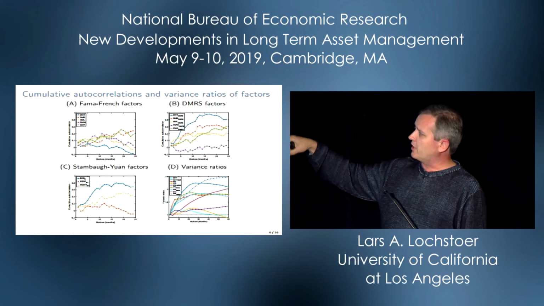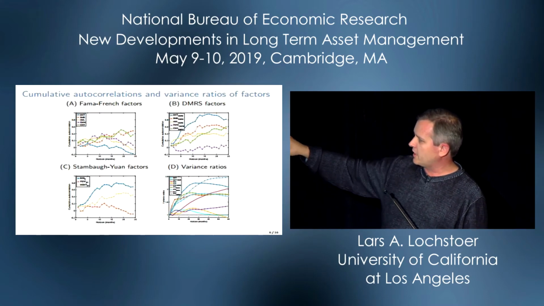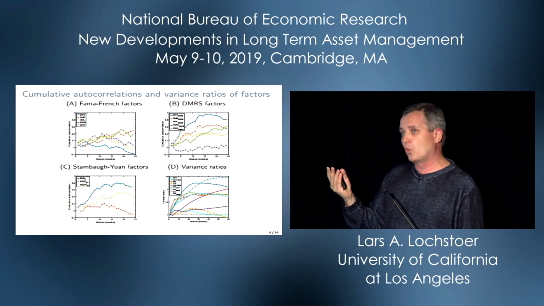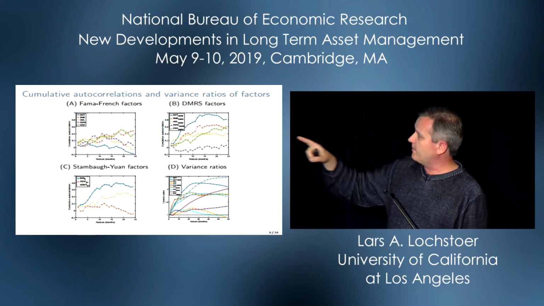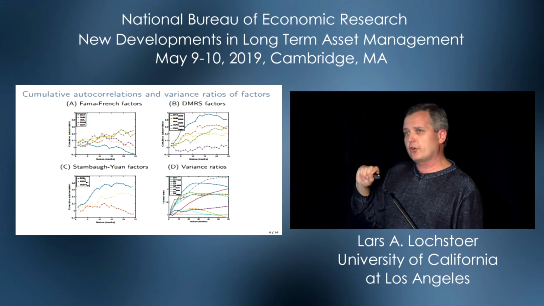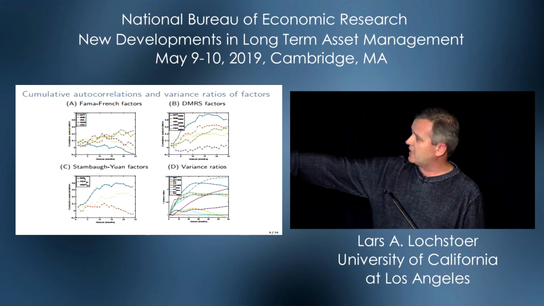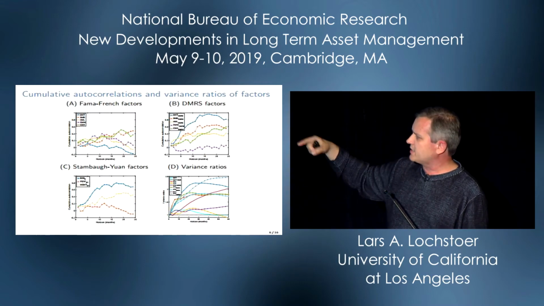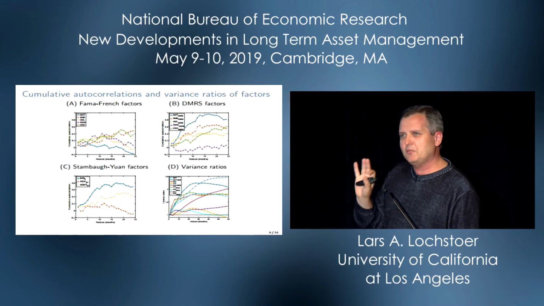Before we start here, I just want to show you some summary stats of these factor models, which are going to inform where we're going here. They're a little small on the screen. Plots A, B, and C are autocorrelations cumulatively over months. The x-axis is from 1 to 24 months, and there's a bunch of lines here. But that's okay, I just wanted to give you a general sense.